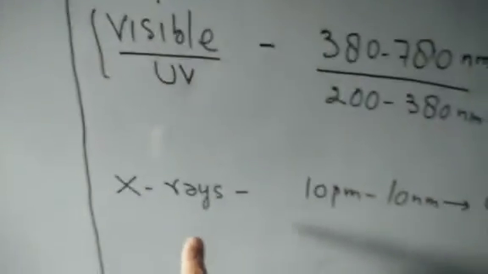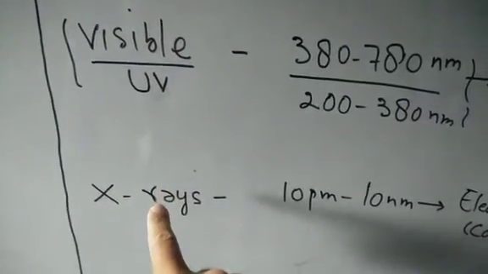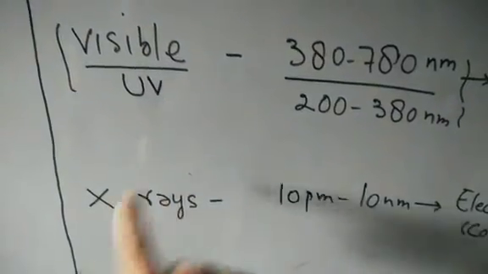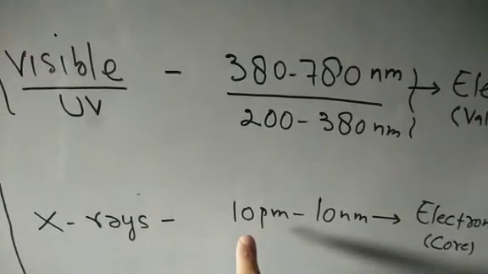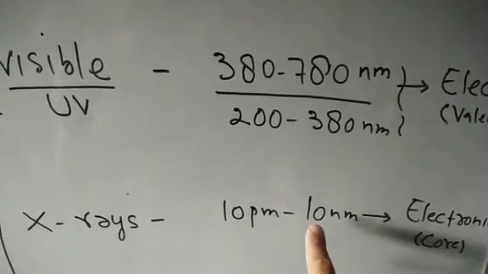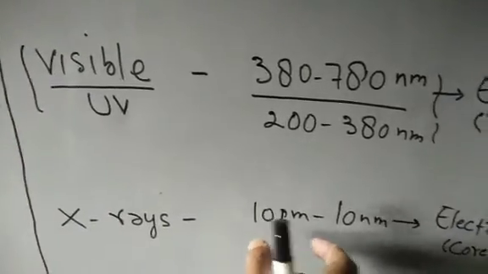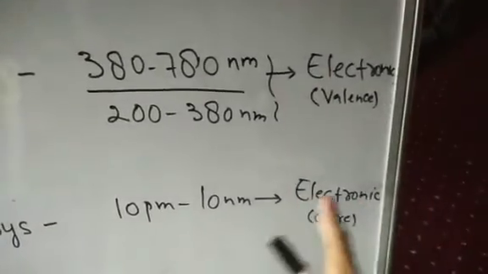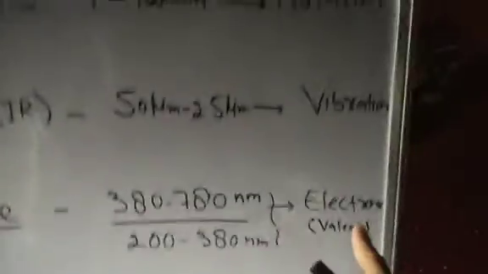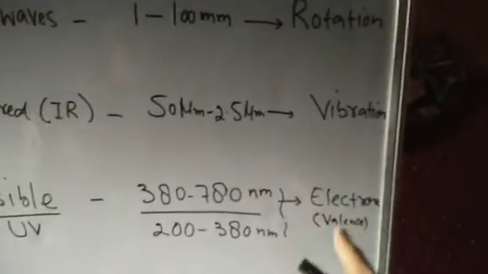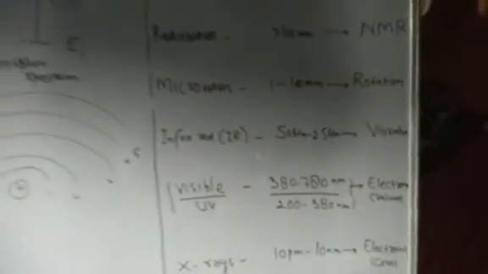And then we have one more that's called X-ray spectroscopy. Okay? So it's also a complex branch, but I'm just highlighting it here. Its wavelength is 100 picometer to 10 nanometer. See, it's high frequency, low wavelength. And it also leads to electronic energy level change, but then it involves the core electrons, while in case of UV visible, it involves the valence electrons. Again, I'll show the table here.